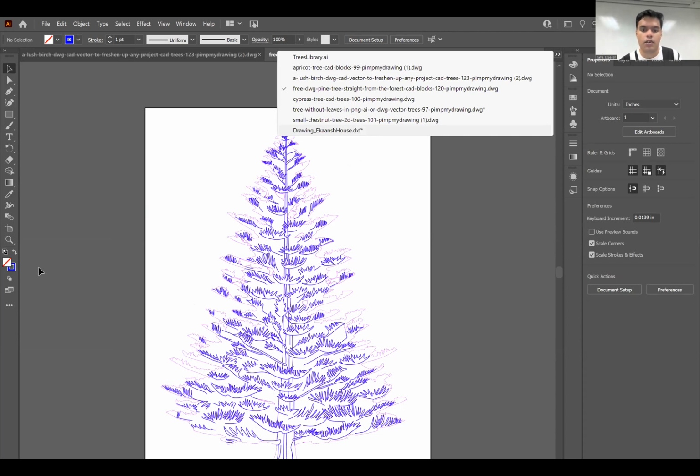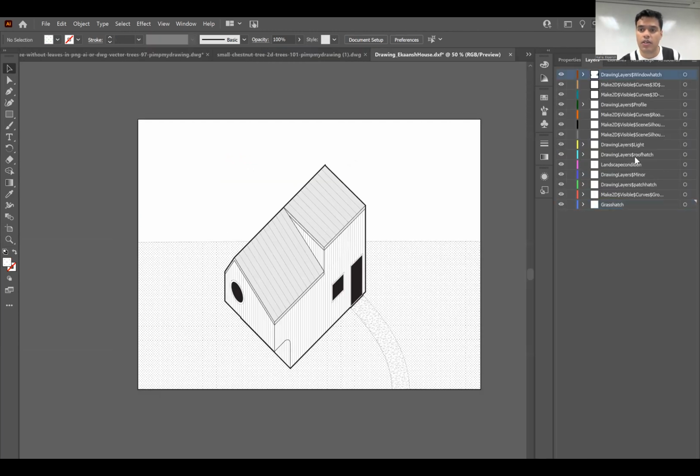Okay. So you have this, make a new layer. To make a new layer, you're going to go,